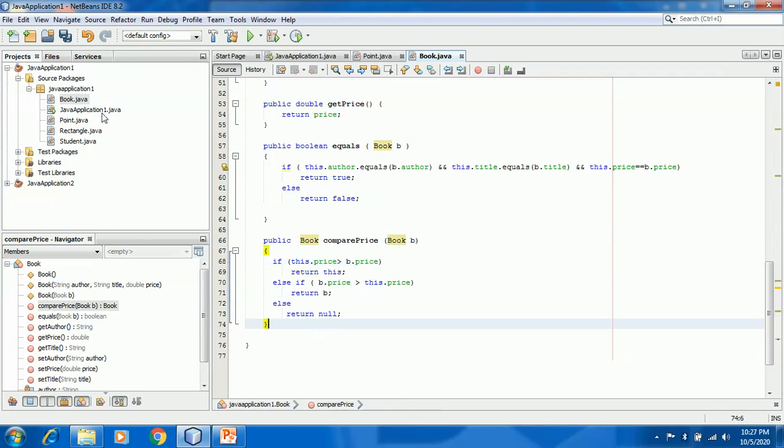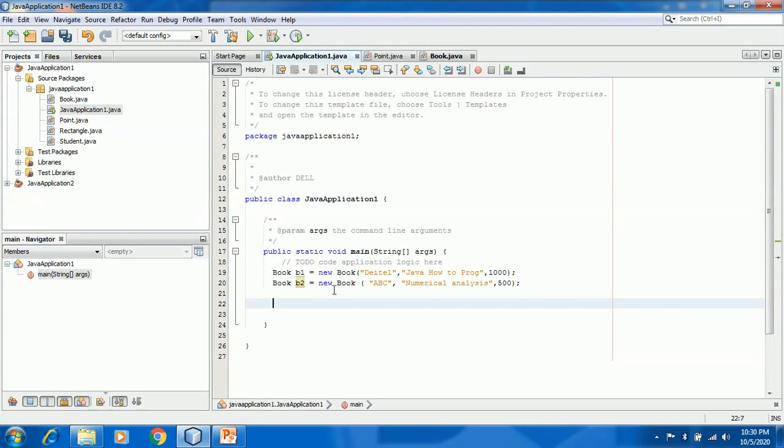Okay, so now let's write the runner for this. I have created two book objects in the runner by using the argument constructor. Now we can see how we can use the copy constructor. Let's say I need to create a new book, book B3, and it should be the same as book 2, right? So I will not use this command like this, as it will simply copy the address and book 2 and 3 will not be independent objects anymore. So I will use the copy constructor here, and I will pass B2 into the copy constructor. Now B3 will be an independent object and it will have the same data as B2, right?